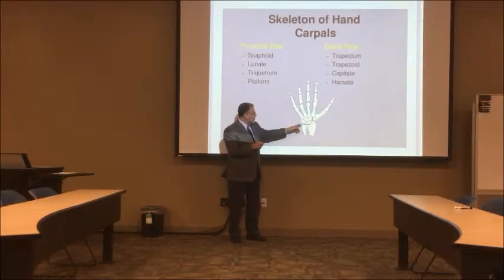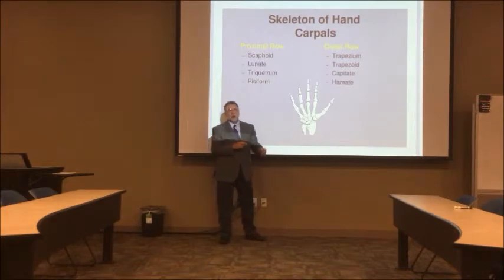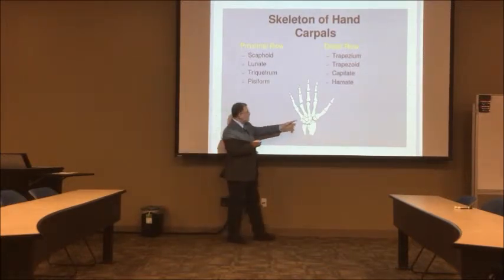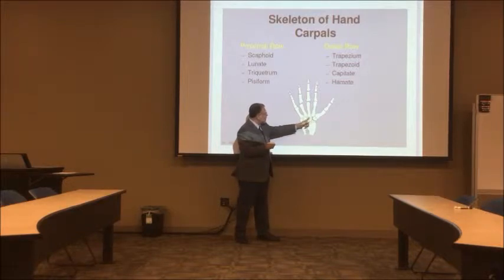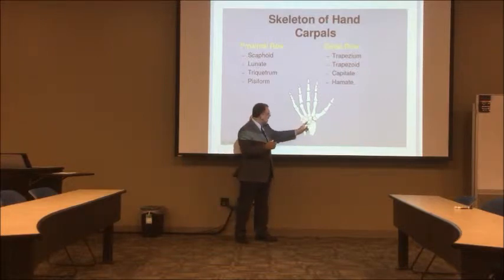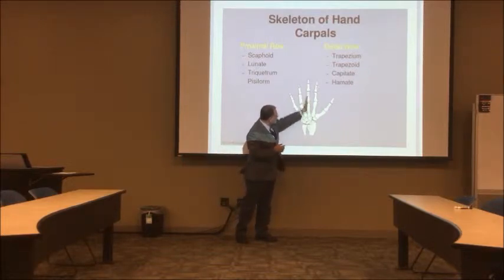On the proximal row, the scaphoid, the lunate, the triquetrum, and the pisiform. For the distal row, the trapezium and the trapezoid, or the greater or lesser multangular. Then you're going to have the capitate. That has to do with the third